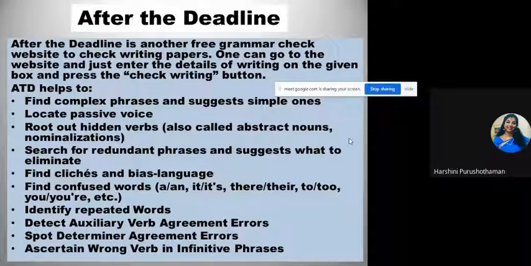And if you want, you can make use of it also. It is always better to have 2-3 tools on your desktop so that you can go for one, and for more satisfaction you can go for the other two also, so that you'll have clarity on where you have really made a mistake, because some tools work differently.